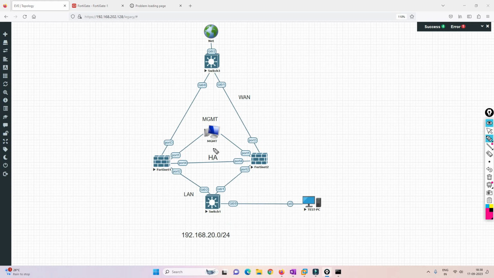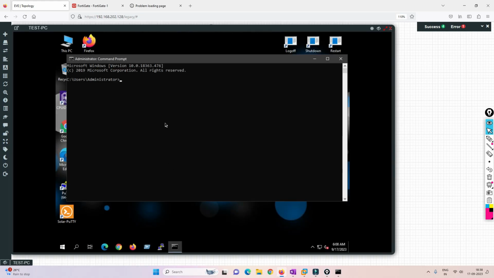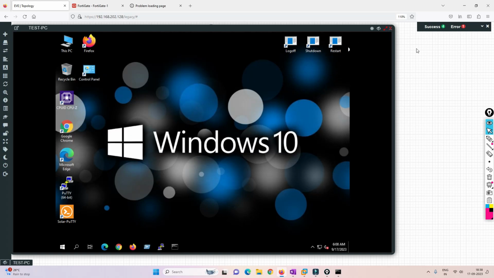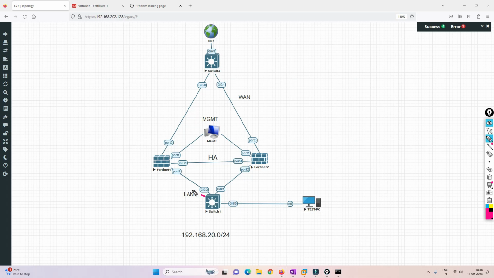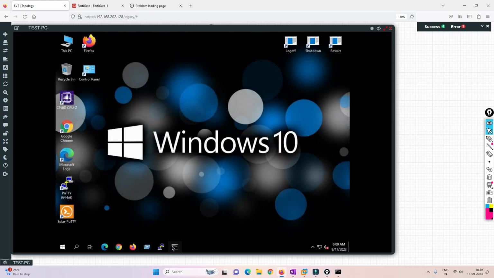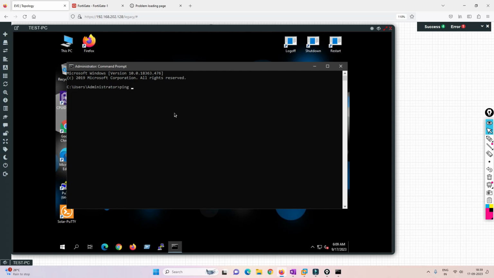Okay, so guys, what we are going to do is test whether this PC can reach the internet or not. I have already set up the default gateway and the IP addresses. So let's check whether it's reachable. Yeah, it's reachable now. What we are going to perform is make FortiGate 1 go down, and we'll see how fast the traffic gets switched and starts forwarding to the internet. Okay, so let's log into the test machine